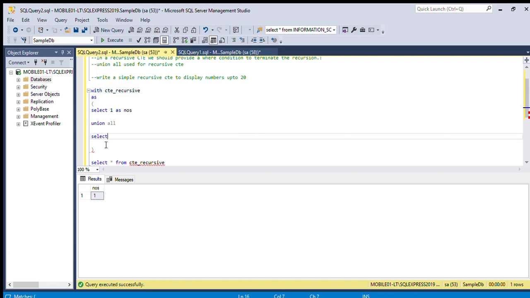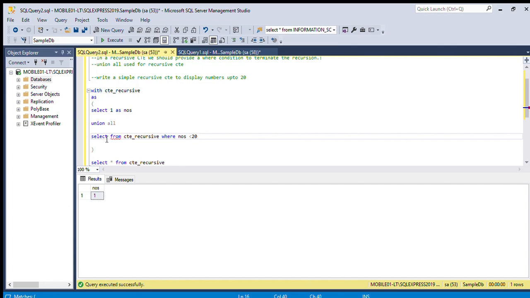SELECT FROM CTE WHERE we want to check the numbers. This is the numbers. We want to check numbers up to less than 20.